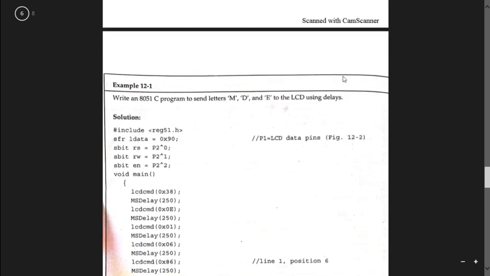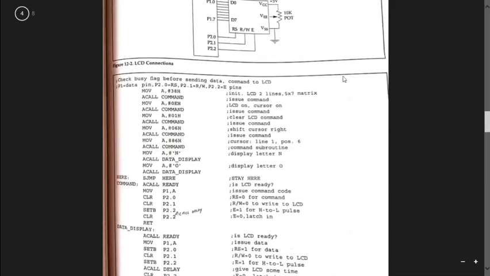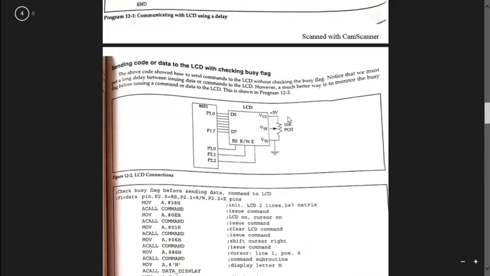We'll see what is there in figure 12.2. According to the circuit diagram, these are the LCD connections. We have to initialize all LCD ports so that we can send the data. That means we have to check whether all these connections are proper.